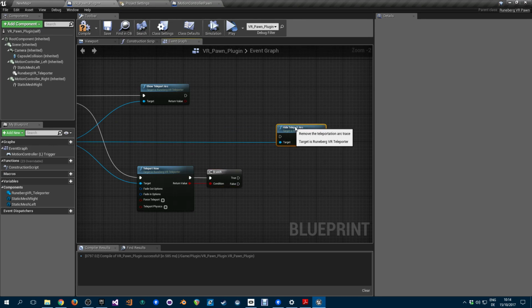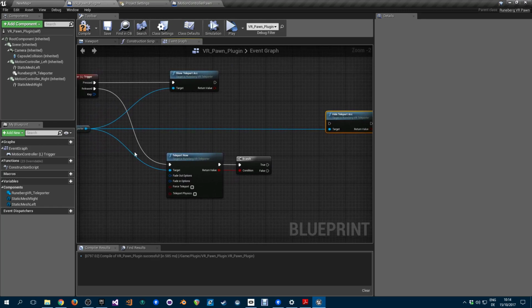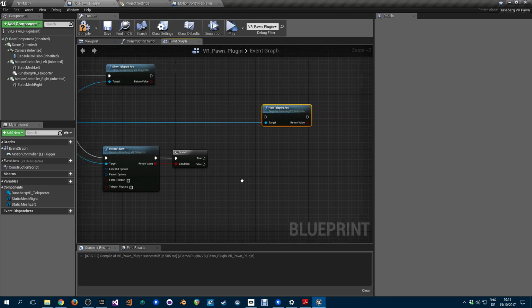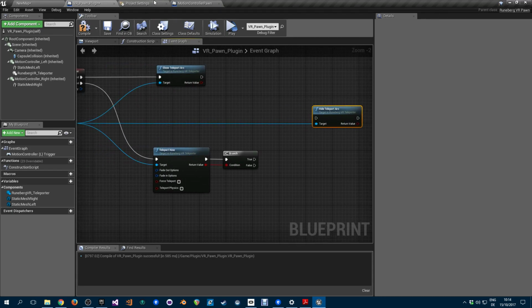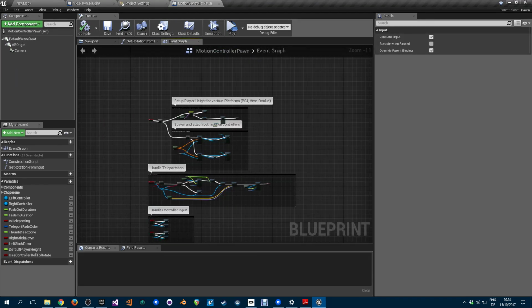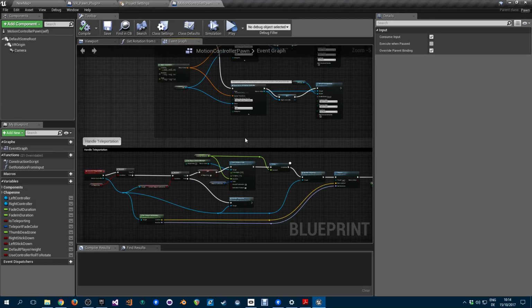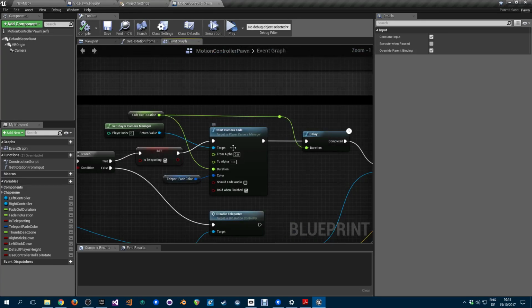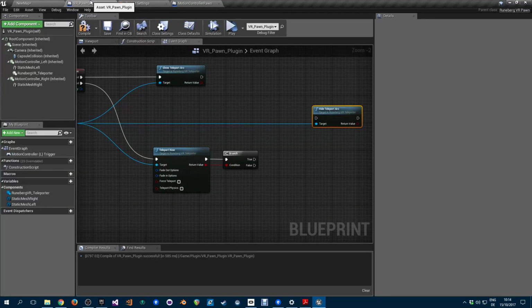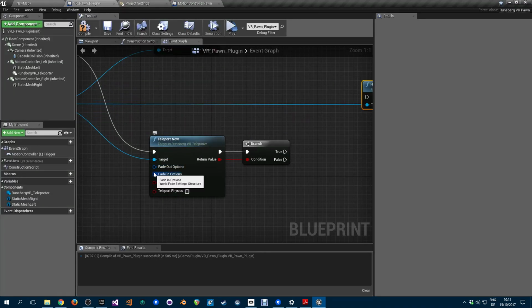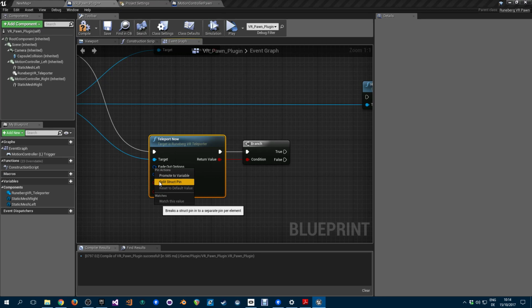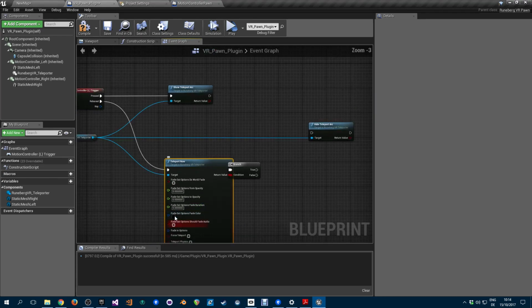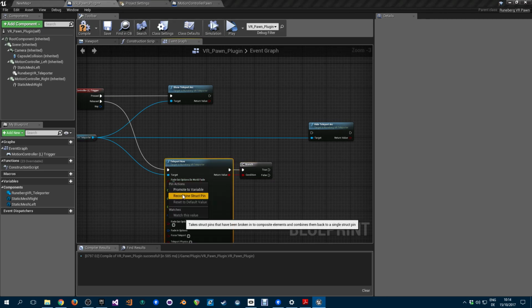If you've been teleported, then you can do some custom stuff here that you want. So it's kind of nice and easy to see how the logic goes, without a lot of extra code that you need to waddle through. And it does this camera fade as well, with the fade out and fade in options. So you just split that and you have a couple of fade out and fade in options,